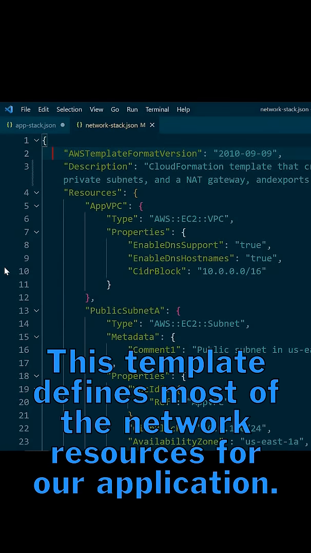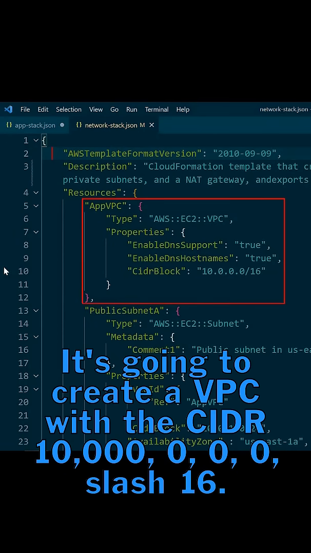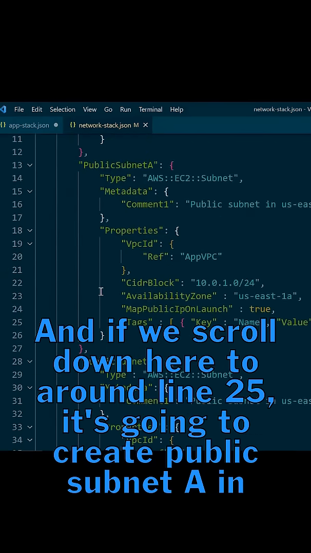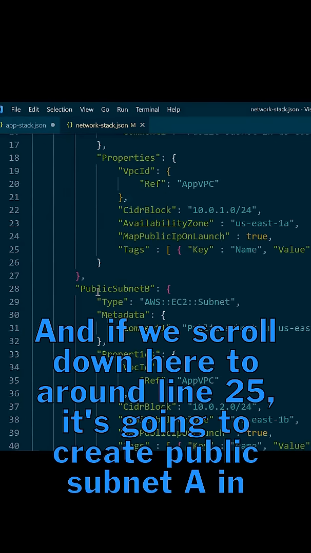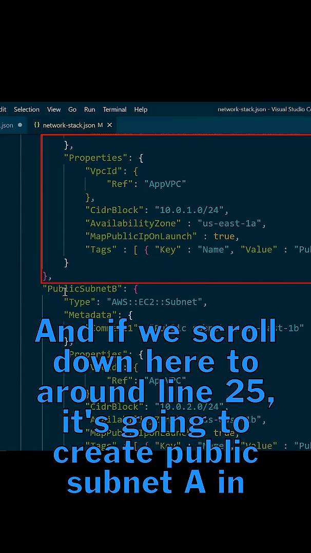template. This template defines most of the network resources for our application. It's going to create a VPC with the CIDR 10.0.0.0/16. And if we scroll down here to around line 25, it's going to create public subnet A in zone